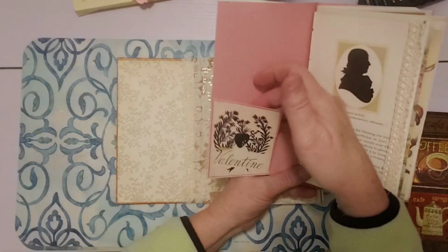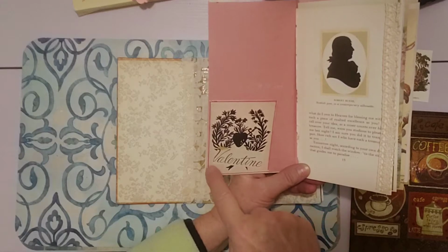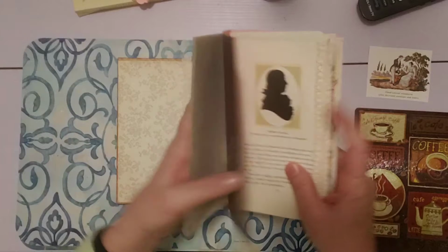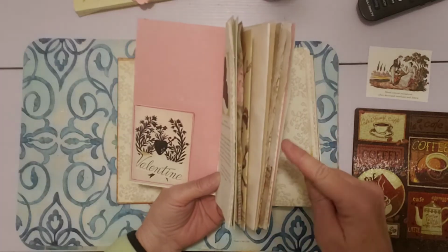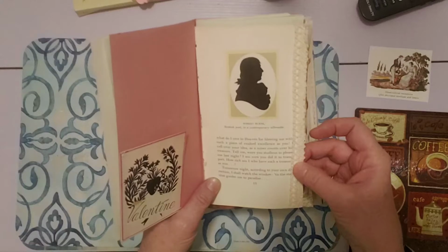So I do have a little side tuck, and I thought this color, and it has like a pinkish or mauvish border, and it went well with this scrapbook paper page, so I put it right on there. And on 2 pages on each signature, I sewed some lace, and on that I also did a straight